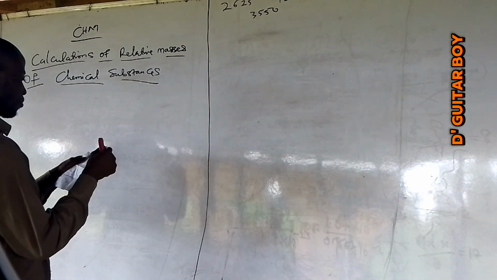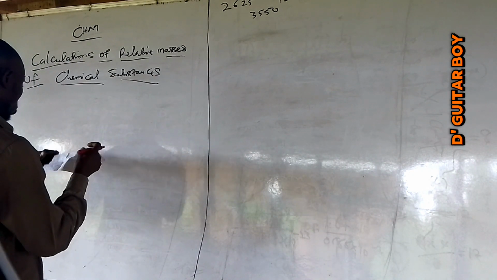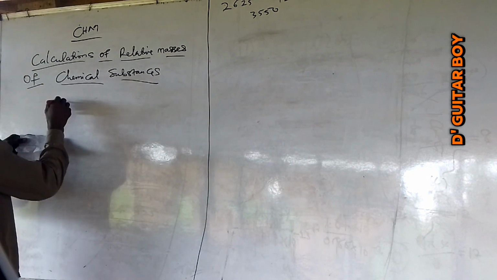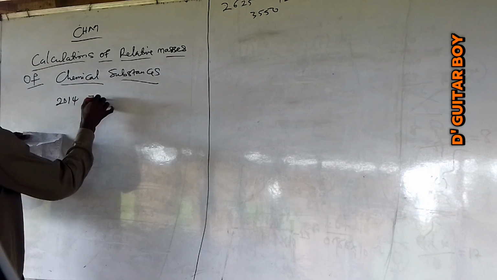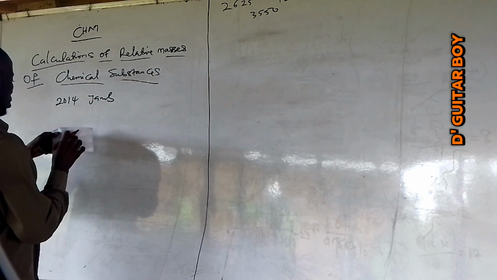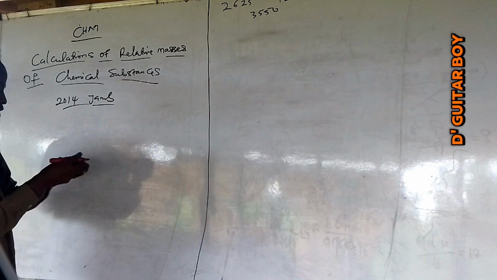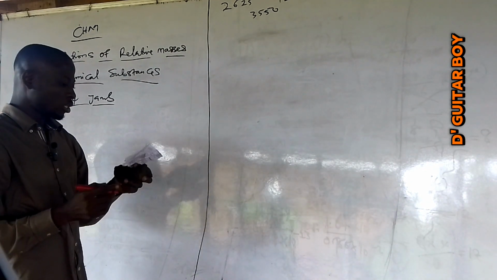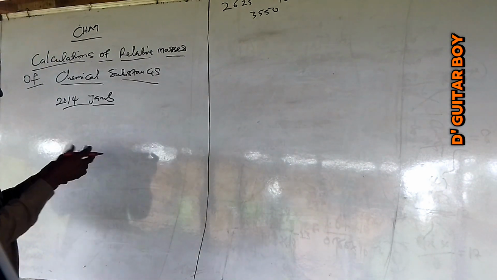So look at this JAMB question 2014. You can go and check it from your JAMB pack 2014. We don't have time to write the question on the board. It is a 2014 JAMB question on isotopy. Look at the question. It says a silicon containing or has 92%